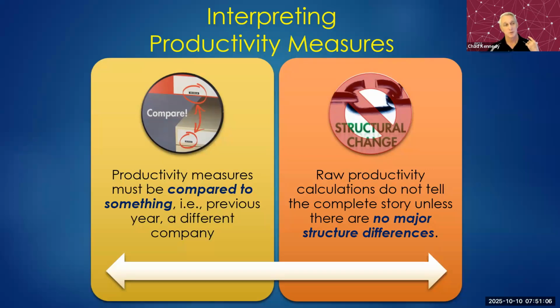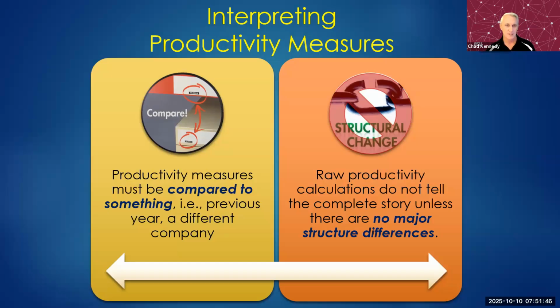So always remember, to do productivity right, it doesn't stand alone that you calculate it once. You actually have to compare it to something else. So a very common thing to do is look at year-over-year productivity. So you may look at September 1st, 2025, and compare it to September 1st, 2024, where you've looked at the productivity over a month or however long, whatever that period is. You got to compare it to something else, because really it's a ratio. You're looking to see, did it go up? Did it go down? How do we know? That's where the comparison has to come in.